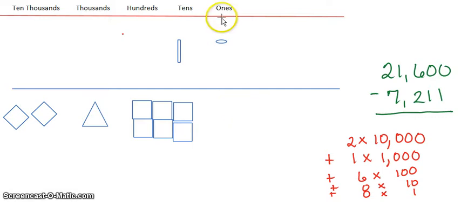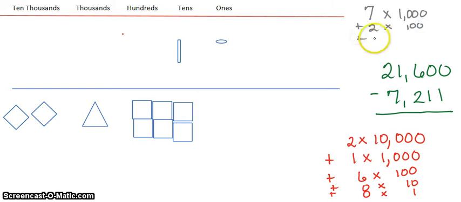I need to take away from my ones place value 1 one. So let's think about what 7,211 means in order to understand that idea. That means 7 times 1,000 plus 2 times 100 plus 1 times 10 plus 1 times 1. So I need to take away 1 from the ones place value, but there isn't anything to take from that. So what I'm going to do is look at my tens place value, because I could take a 10 and